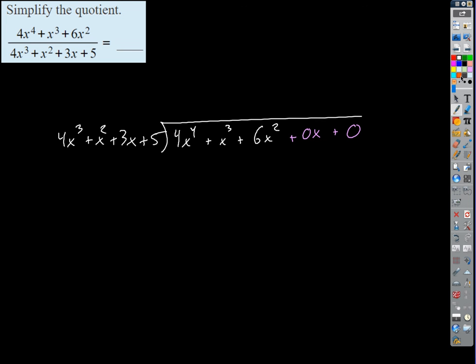Okay, so how many times then does 4x cubed divide into, because we're just looking at the leading terms only, right? How many times does the leading term outside divide into the leading term inside? X. Yeah. Everybody see that? And once again, the reason is just 4x to the fourth over 4x cubed equals x. I'll distribute the x through, and what do I get? 4x to the fourth plus x cubed plus